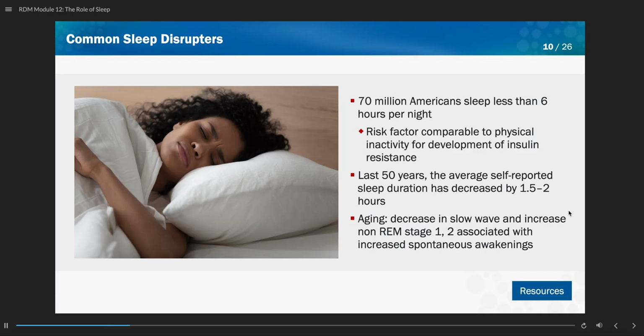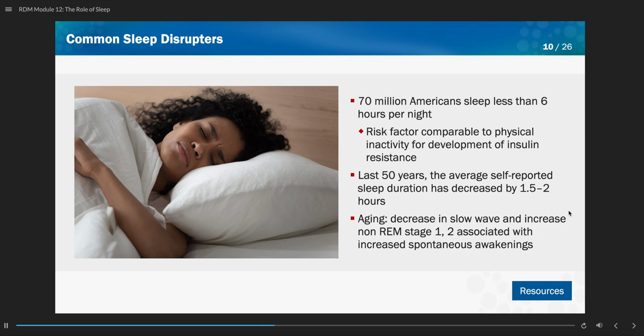There are lots of reasons this occurs, everything from television and screen time, social media, to our disrupted work schedules, with many people working on the third shift. Over the last 50 years, the average self-reported sleep duration has decreased by 1.5 to 2 hours. And so we see that this is a significant risk factor for declining health and should be then an element